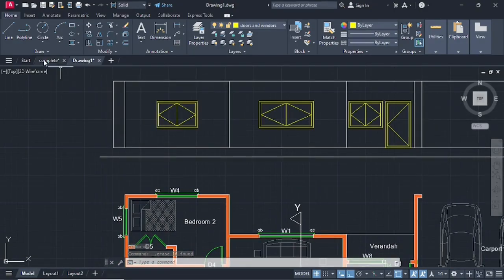So let's make our DPC. So let's change the color. Go on line. Then make a line here. Press on enter. Enter for the previous command. The line there. Enter again. Make a line there, enter, make a line coming down there, enter, and make a line here, press on enter,